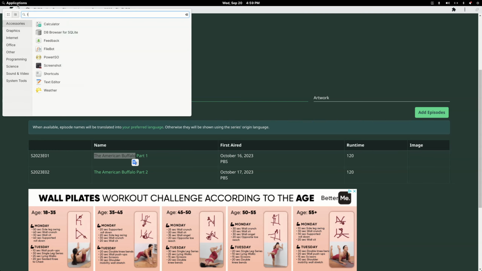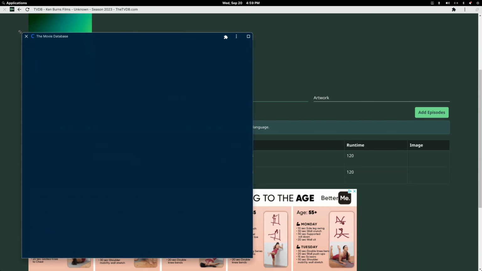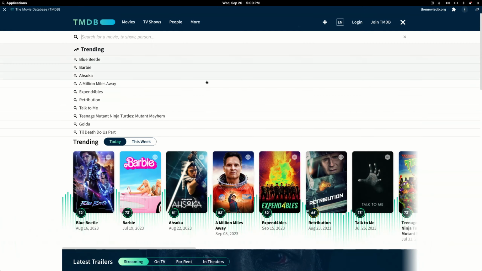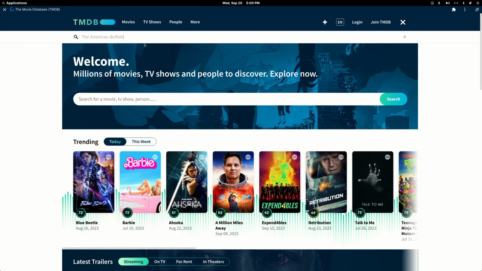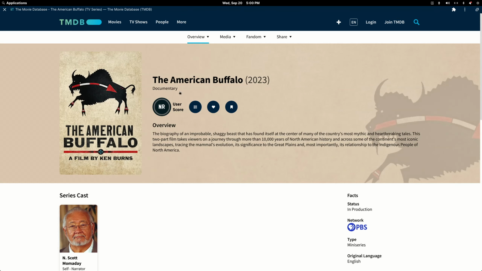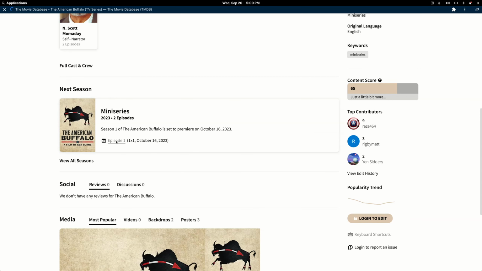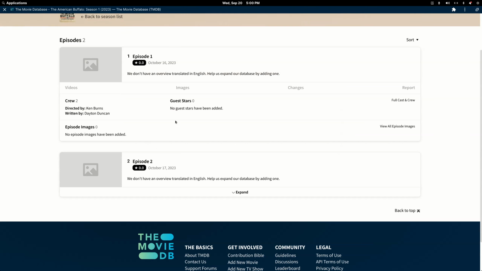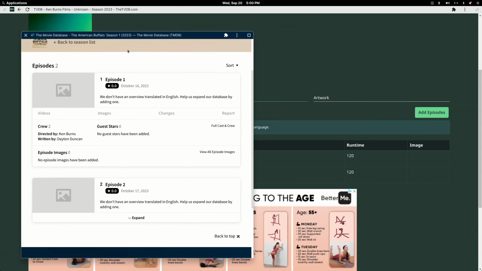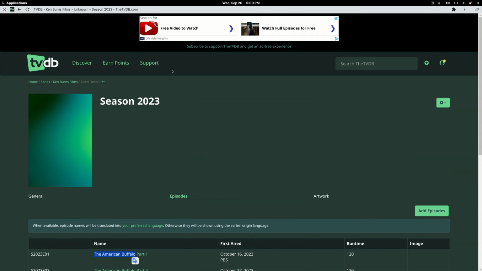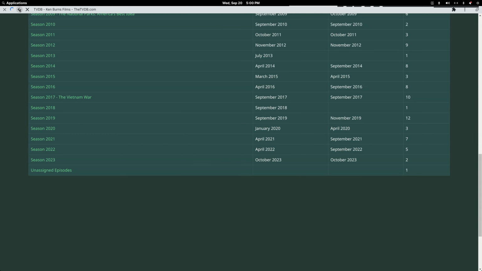Now I'm sure if we go to the movie database, that'll be listed as a separate entry as its own miniseries. So here's the 2 episodes. So if you had many of Ken Burns' documentaries, naming towards the TMDB would get you all those as individual miniseries that you could then group in a collection, or heading over to the TVDB, you can find, and this is what I love about the TVDB,